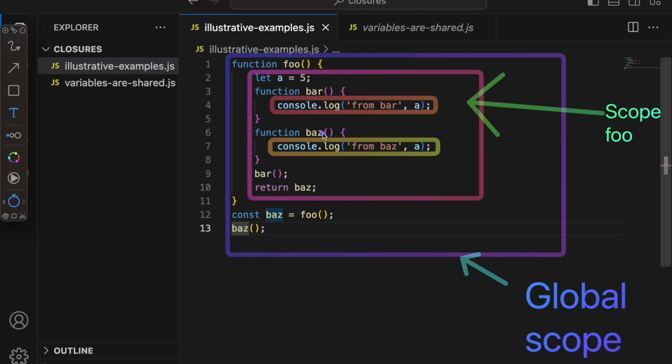But as we can see, badge is accessing this variable a that is present inside scope foo. When we are calling this badge outside scope foo in the global scope, still badge is able to access this a. This is what a closure is.